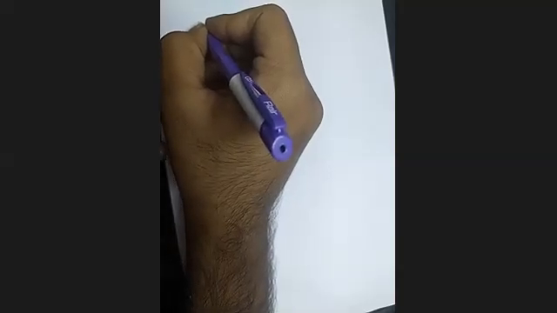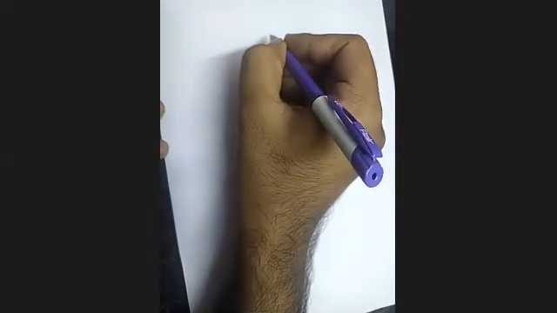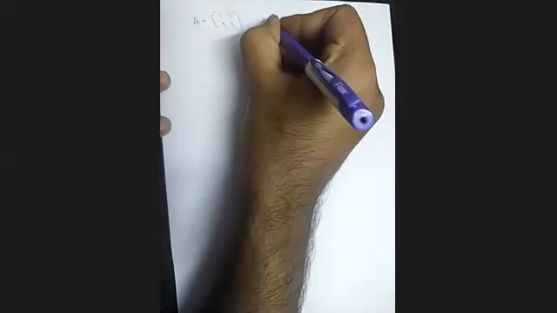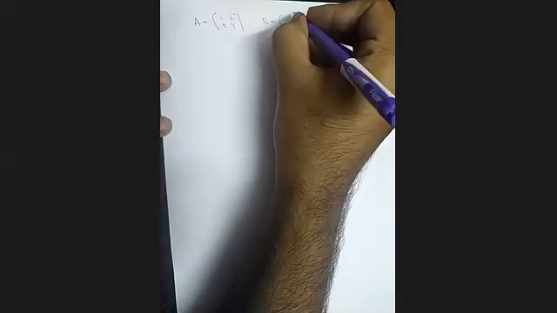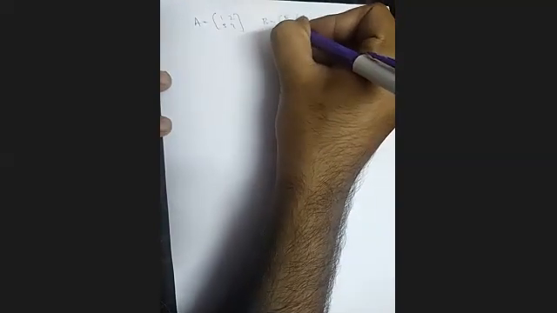In our previous class, we have seen triangular matrix, sum of two matrices. How do we add two matrices? Let's say we are having two matrices. A is equal to 1, 2, 3, 4, and B is equal to 5, 6, 7, 8. Now, A plus B is equal to